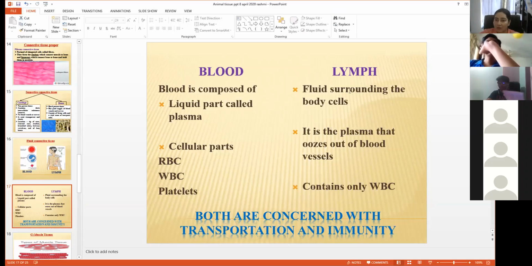Okay. Now we come to lymph. Now, children, what do you mean by lymph? Students, we all know about the circulatory system, right? A circulatory system consists of the heart and the blood vessels. But then what is lymph? Compared to the circulatory system, lymph has its own lymphatic system. Now, what happens, students,